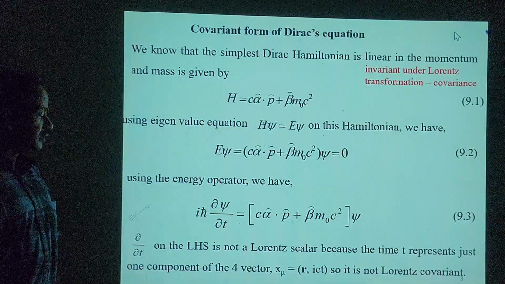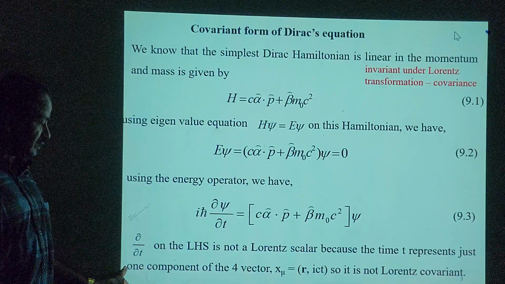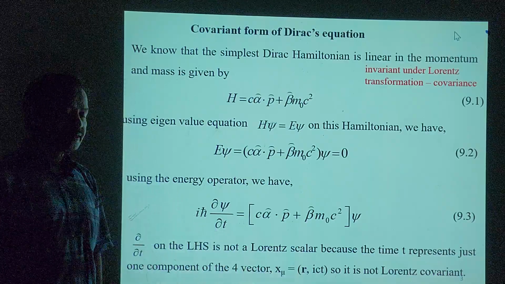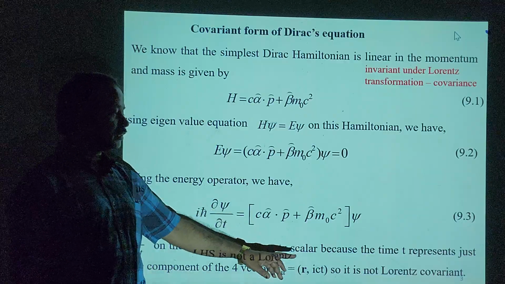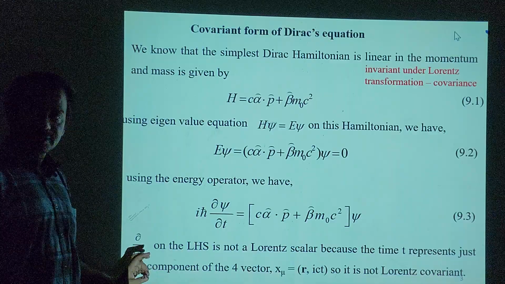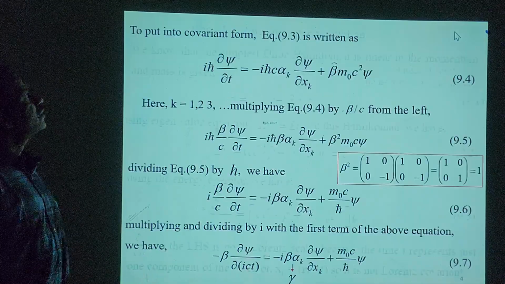So d by dt on the left hand side is not a Lorentz scalar, because the time t represents just one component of the 4 vector. So your x mu equals r comma ict. So it is not Lorentz covariant. So this alone is not Lorentz covariant. So we have to go with the space coordinates as well as the time coordinate